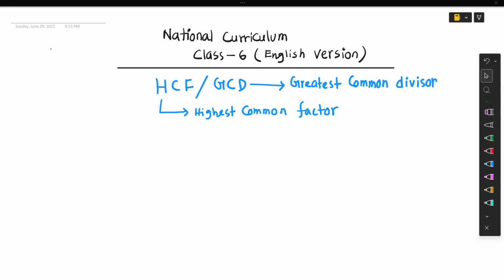হ্যালো ডিয়ার স্টুডেন্টস, আজকের টপিক হচ্ছে এইচসিএফ আর জিসিডি। আচ্ছা, এইচসিএফ এর ফুল ফর্ম কি বা অ্যাব্রিভিয়েশন যেটাকে বলে সেটা হলো হাইয়েস্ট কমন ফ্যাক্টর। ওকে, আর জিসিডি হলো গ্রেটেস্ট কমন ডিভাইজার। এখন আমার কথা হলো হোয়াট ইজ ফ্যাক্টর। আমরা ফ্যাক্টর সম্বন্ধে একটা আইডিয়া করার চেষ্টা করি।